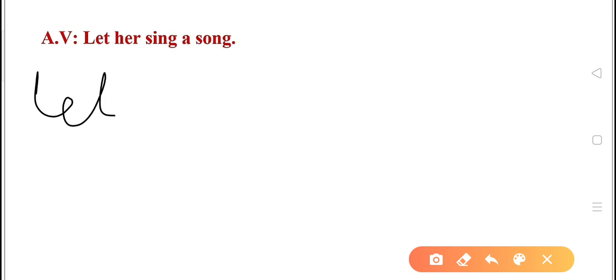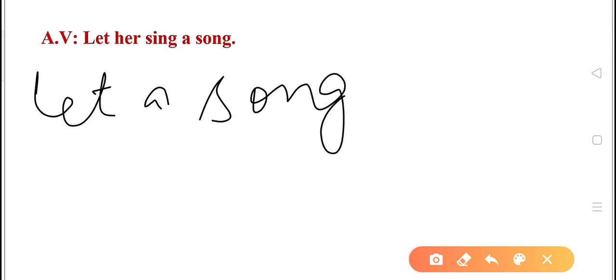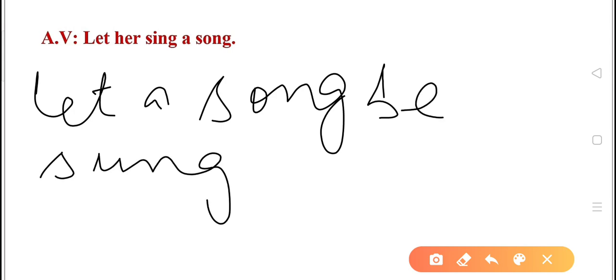Now moving to the next sentence, we see the second sentence of the second category is let her sing a song. So let's make it into passive now. You can make it along with me. Let, and then direct object. So a song, let a song be sung by, and then her,